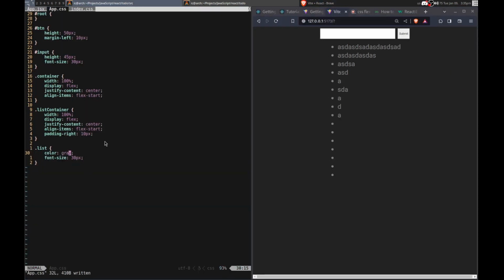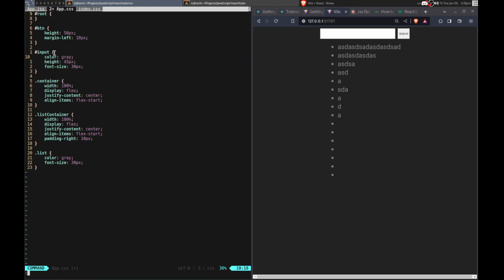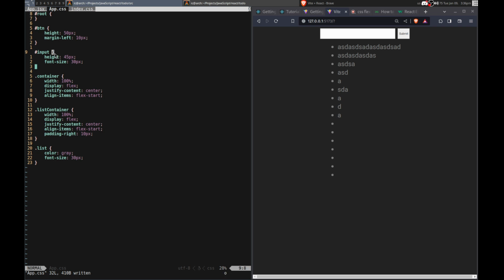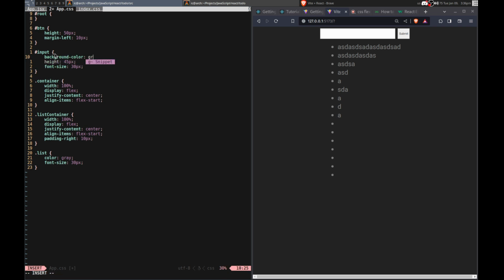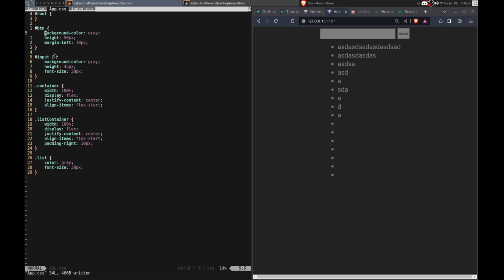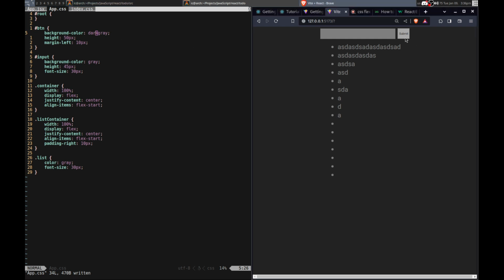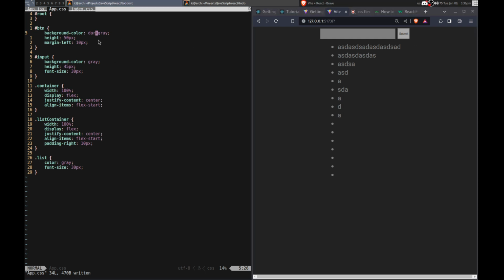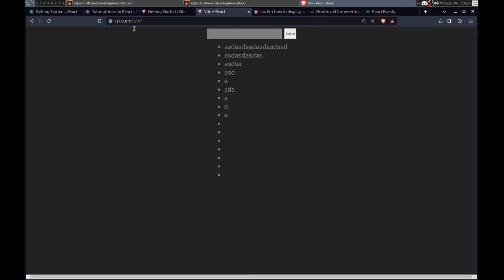Yeah, that's better. Set the color here as well. That doesn't work. Except the background color. Okay. This should be dark gray. Why is dark gray lighter than regular gray? Yeah, okay, whatever. That can be white.